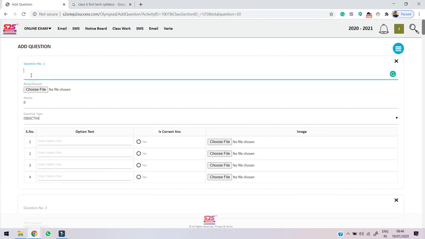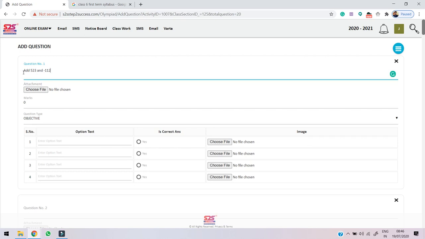The first option is that you can type your question here. Suppose, for example, I can give a question, just for example: add 523 and minus 112.